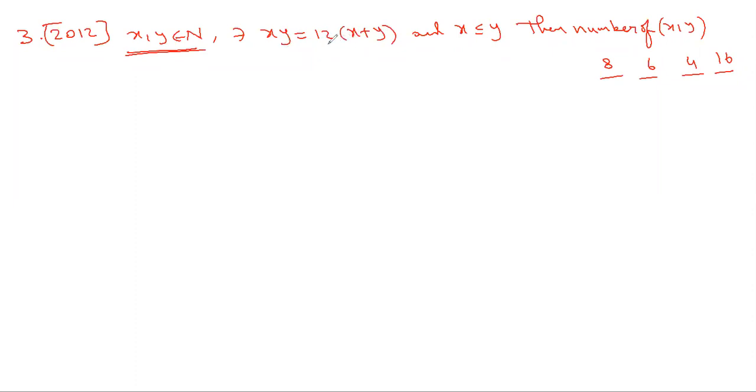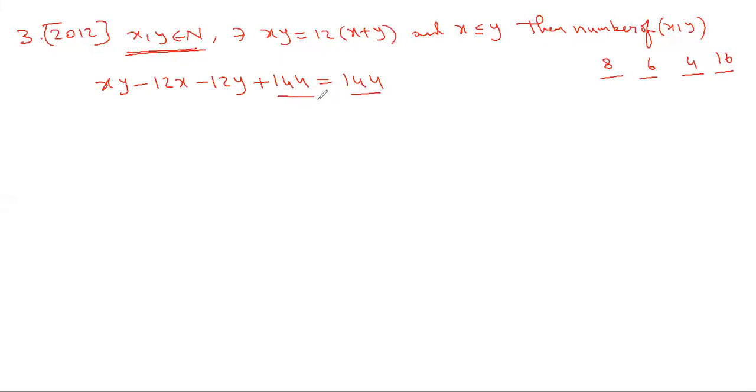Why is verification difficult? x and y appear more number of times. Suppose we convert this equation such that x and y appear fewer times, then it is easy to verify. For that, we bring these two to the LHS: xy minus 12x minus 12y. In these two, if you take x common, you get y minus 12. So here also, to get the same y minus 12 factor, I will add 144 on both sides.